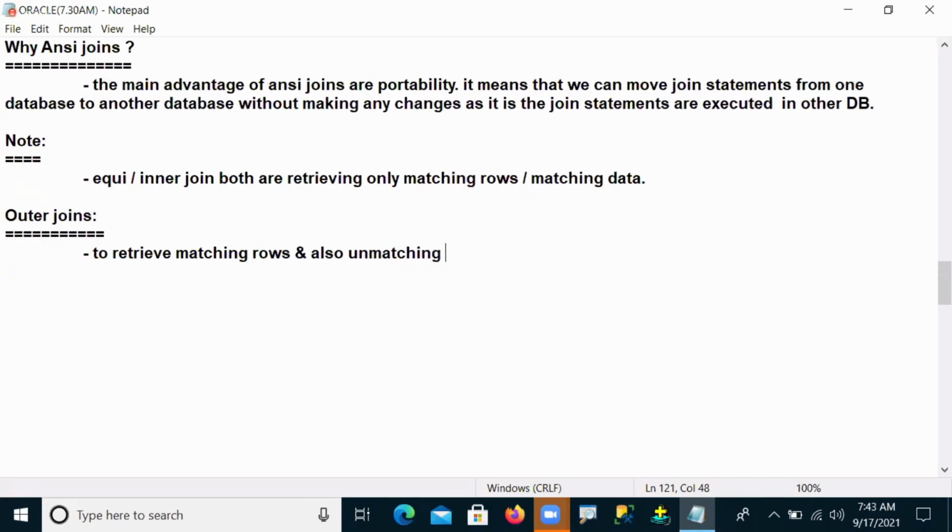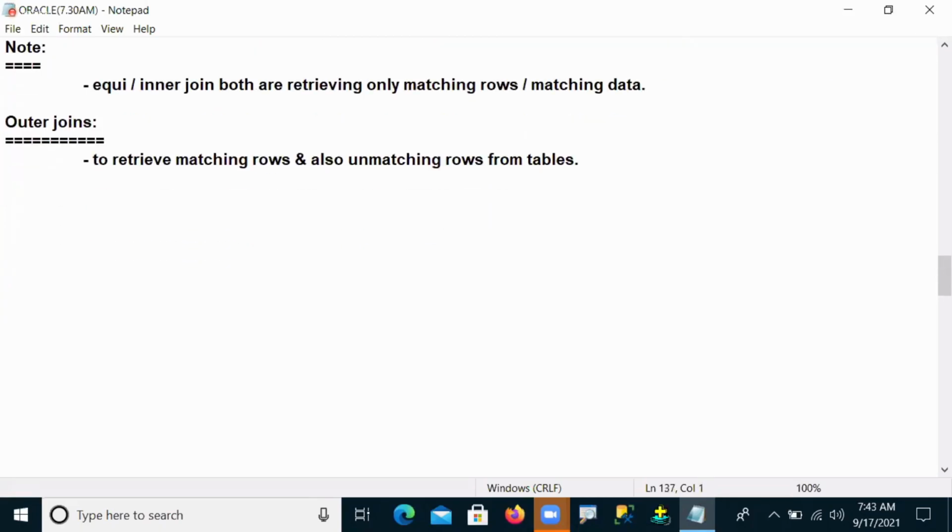Matching and unmatching rows, both you have to get from the tables. This is the purpose of outer join: retrieving matching rows and also unmatching rows from tables.